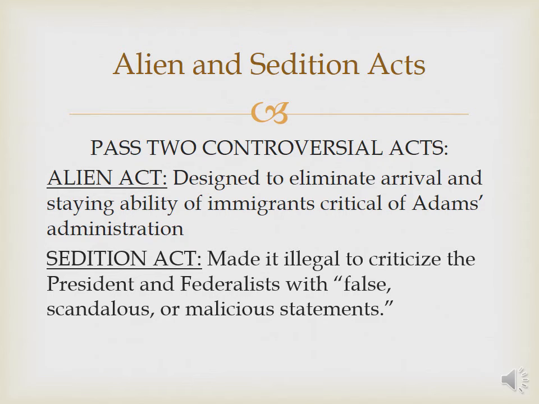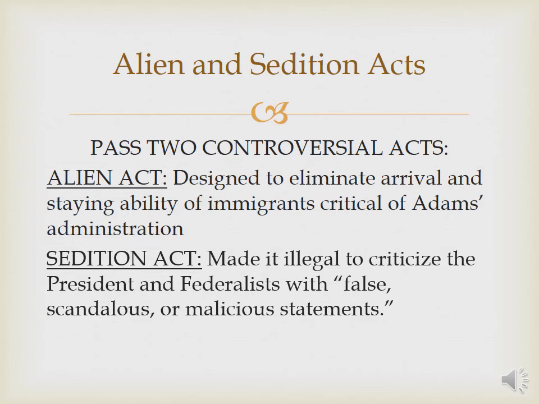Obviously, these acts would not be upheld for very long because they were unconstitutional. You can't deny anybody entry into the country just because you don't like a political party or the president's political party, which is what the Alien Act was doing. In the Sedition Act, same thing. You can't make it illegal for someone to criticize the president or the Federalist Party. Now,